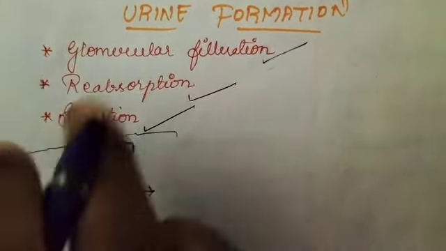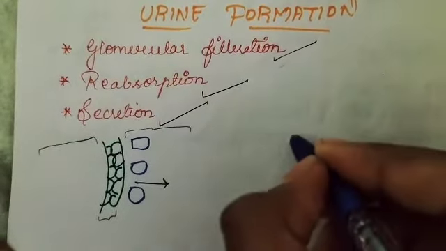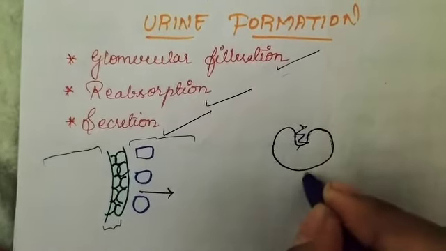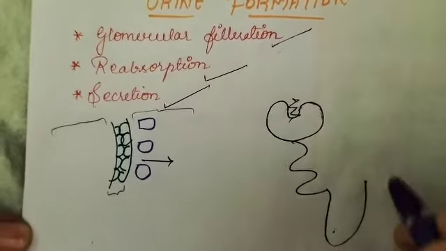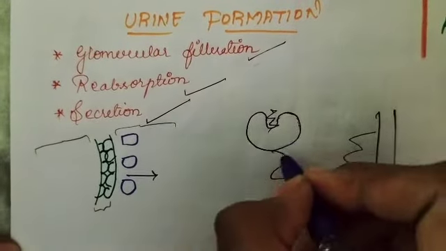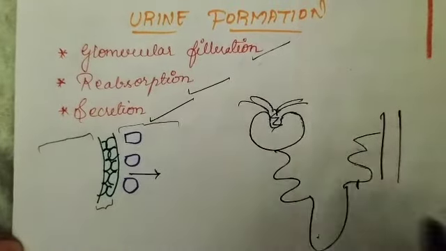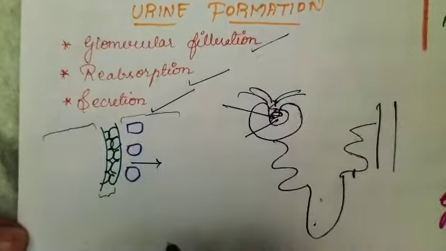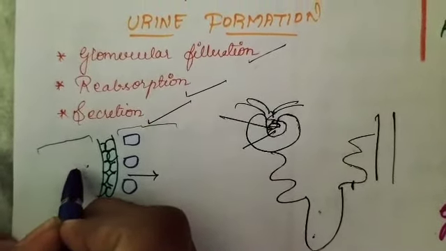First, glomerular filtration takes place over here, that is the glomerulus. So here, tuft of capillaries and proximal convoluted tubule, here loop of Henle, distal convoluted tubule, collecting duct. So here we have afferent and efferent arterioles. See here, this part I am drawing here. Okay, so this is endothelium of glomerular blood vessel.